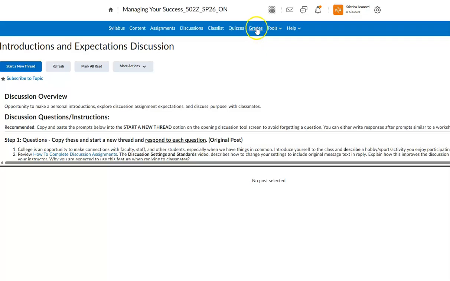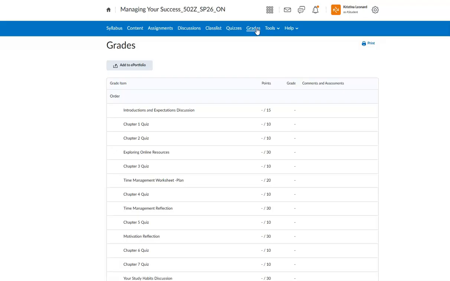Last but not least is grades. And I want you to check your grades at least once a week, because that way you'll stay on top of things. You'll know what's due and when. At the top, I'm in teacher mode, so you really can't see this here. But at the top, there will be something that says final calculated grade, and it'll have a number.